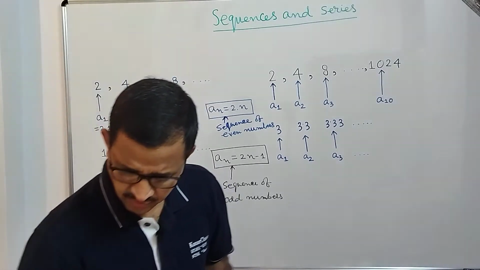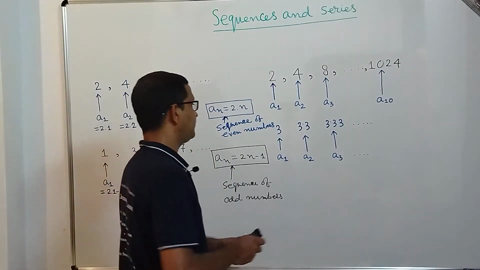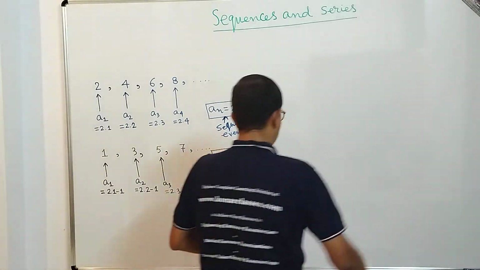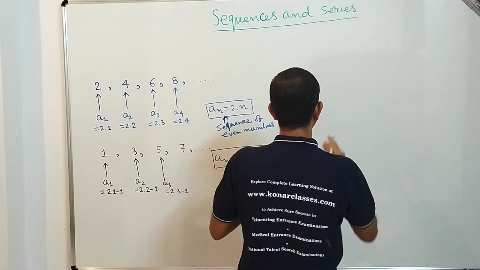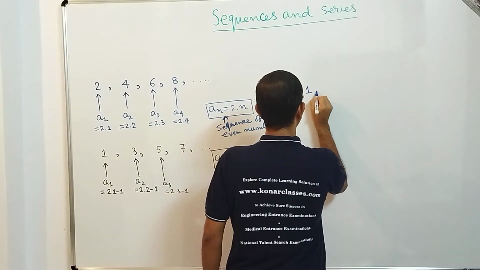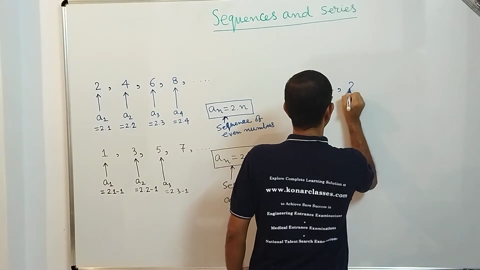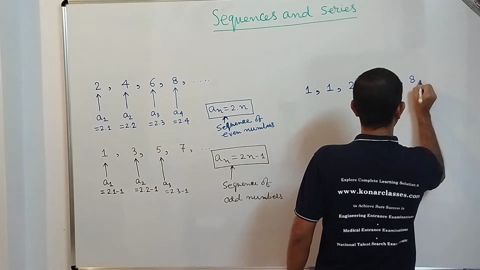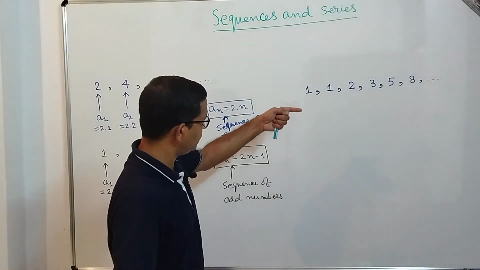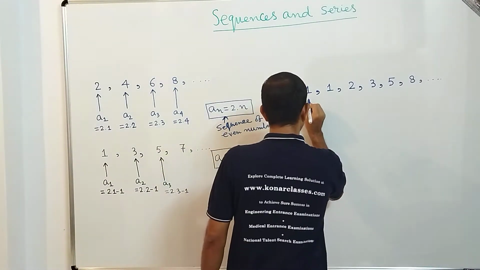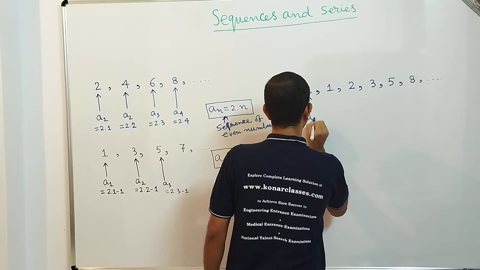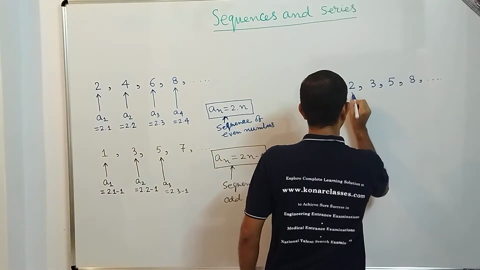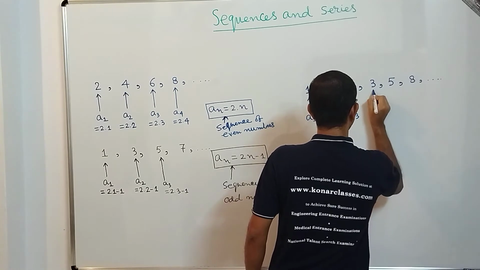Now, there are sequences where you need to define in a recursive manner. How? Let me give you an example. Suppose you get a sequence something like this: 1, then 1, then 2, then 3, then 5, then 8, and so on. If you look into it, you are not able to directly find a pattern. But if we look very minutely, we will find a recursive pattern. So this is A1 and this is A2. A1 is 1, A2 is also 1. What is A3? A3 is 2, A4 is 3,